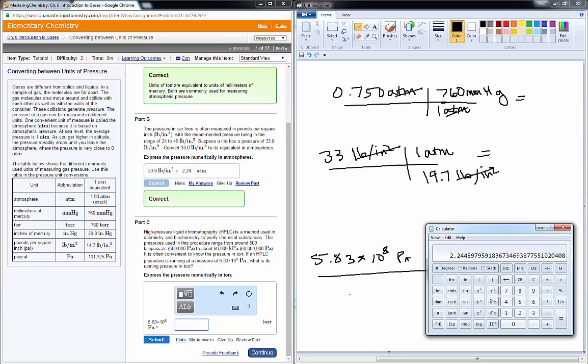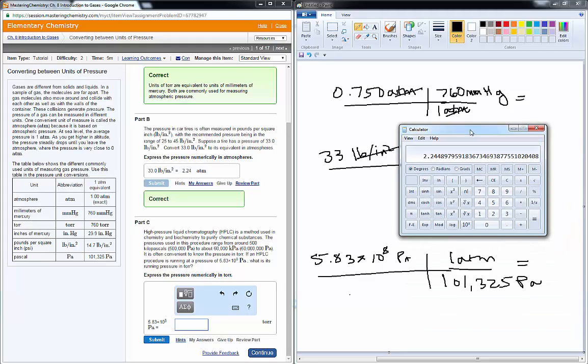If I plug that in my calculator, 5.83 times 10 to the 8th pascals divided by 101,325 pascals in an atmosphere gives me 5754 atmospheres. And I can plug this in here. And oh wait, look at that. They want torr. That's what I get for not reading the question, but I'm glad that I saw the units